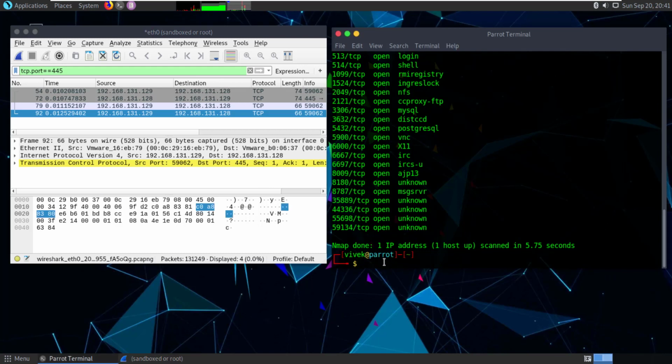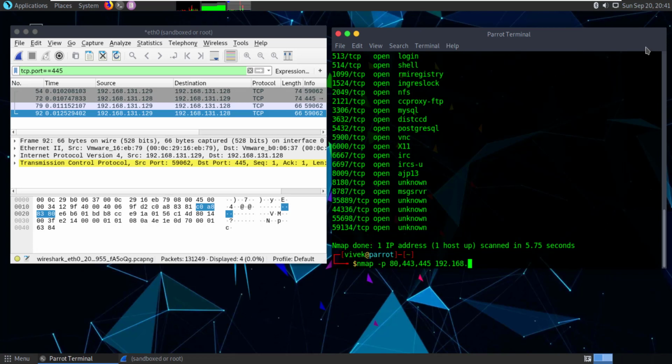Next command I am going to show you: if you want to scan particular ports only, for example port number 80, 443, 445, you want to scan only these 3 ports, because it takes time for each and every port.